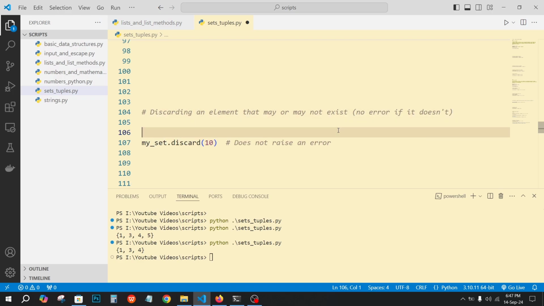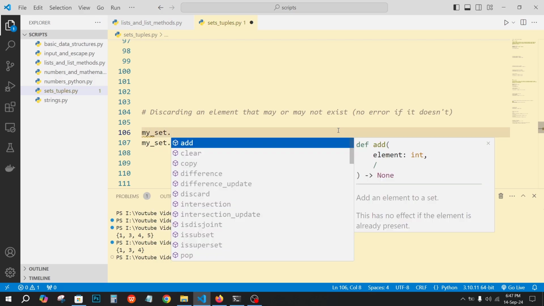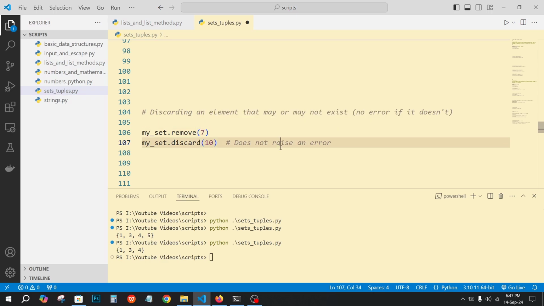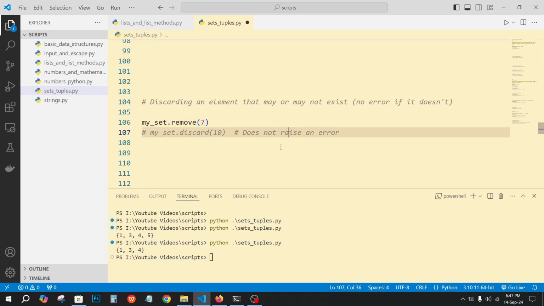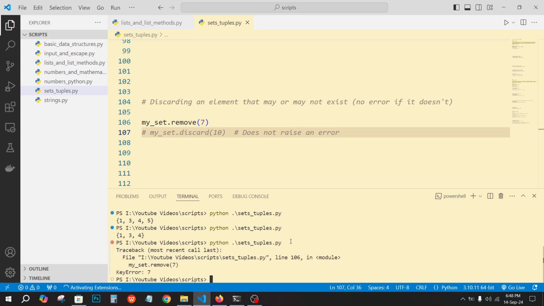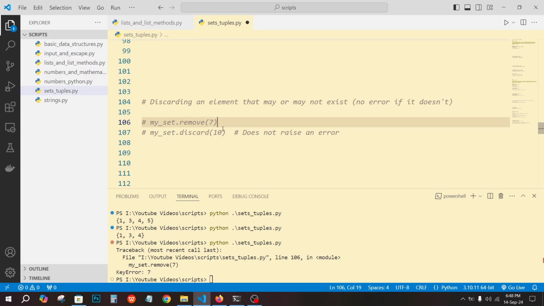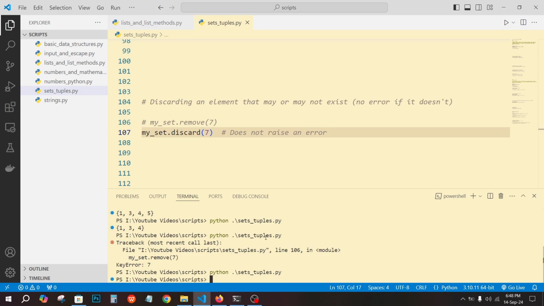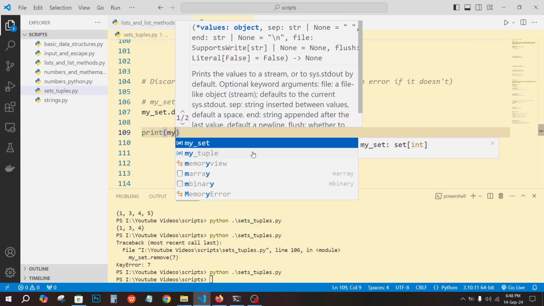So my set dot remove, and if I type 7, which is not available, and let me save it and run it, you can see a key error, the value number 7 doesn't exist in our set. So what I will do, I will use discard and pass 7 here, and if I run it again, you can see nothing happens, and if I print my set here,